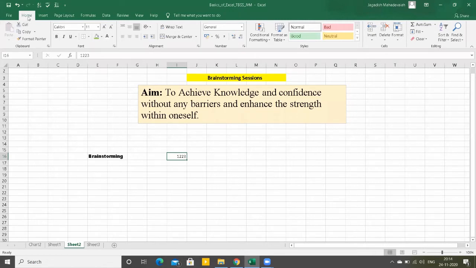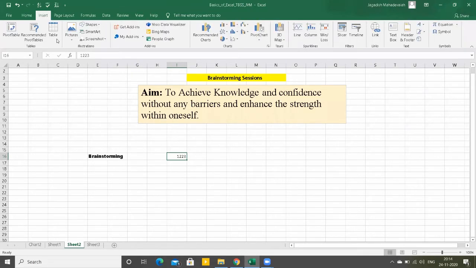Why we call this Home means whichever things we need are arranged in an order in this ribbon bar. That's the beauty of this ribbon bar. It's basically a toolkit. You find each and everything. Today we only touch Home and Insert. Only those two we are going to touch today.